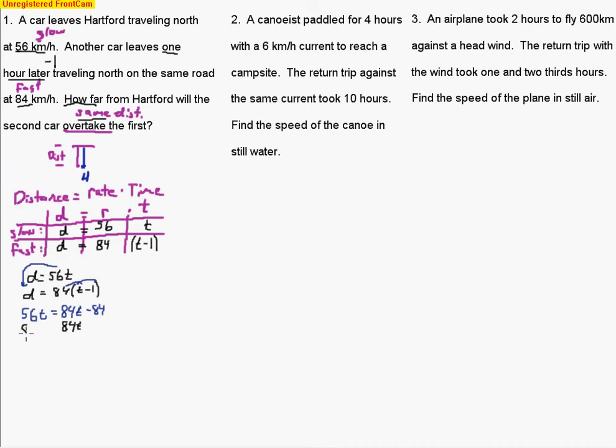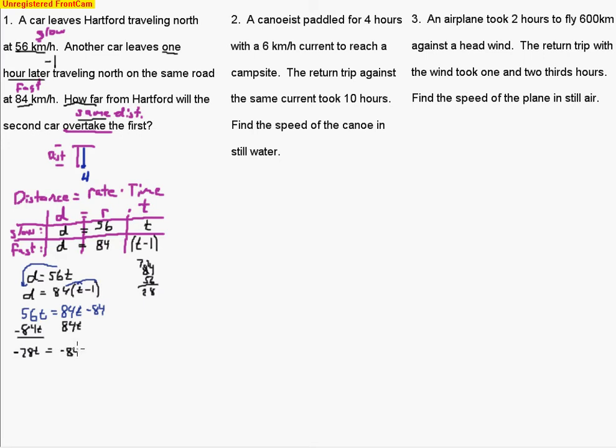Now, be careful when you do this subtraction. Remember, I've got the bigger numbers on the bottom, so when I do that subtraction, I actually have to move some terms around here. I'm going to put the 84 on top just off to the side, and then 56 on the bottom, do that subtraction this way. This shows that I need to borrow from that 8, change it to a 7, and I end up with 28. And so I've got 28t equals, and this is a negative 28t because there's more negatives than positives, equals